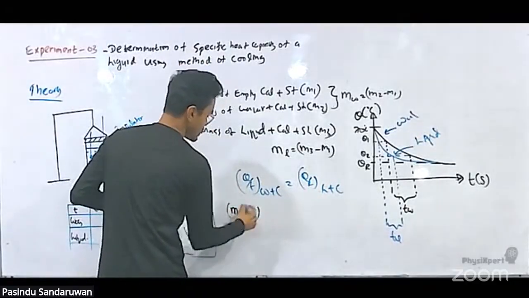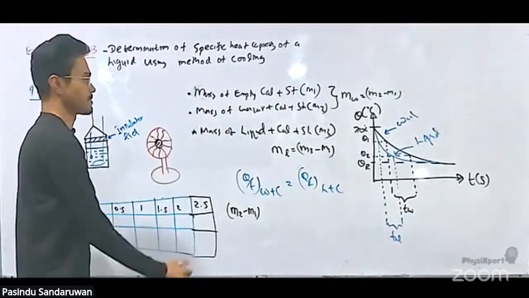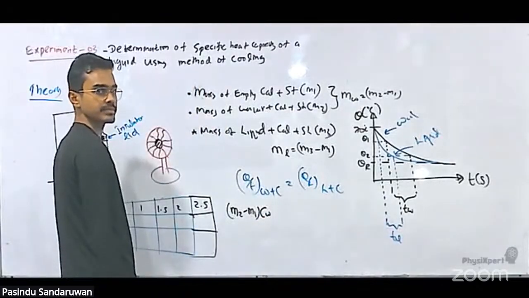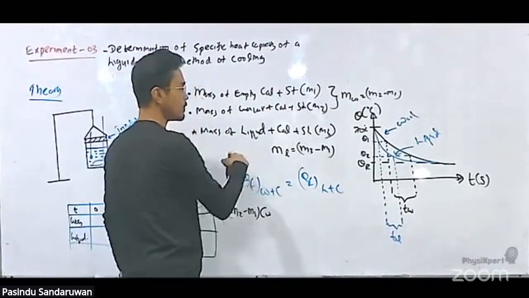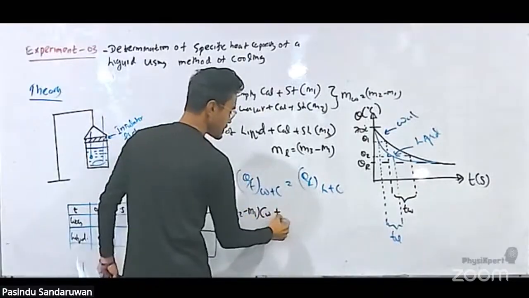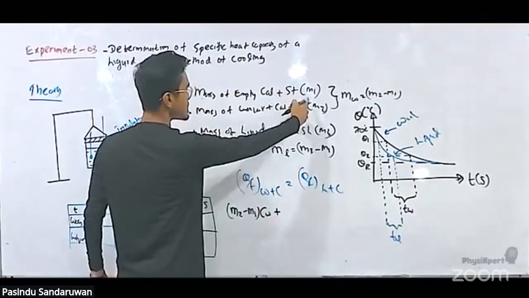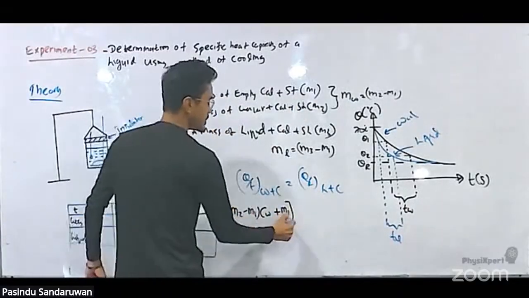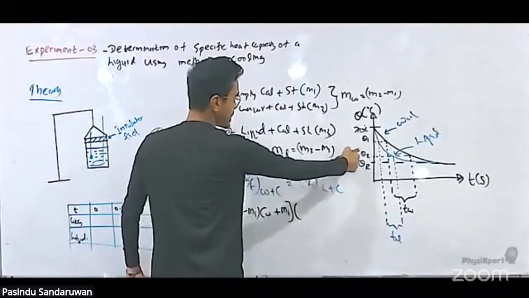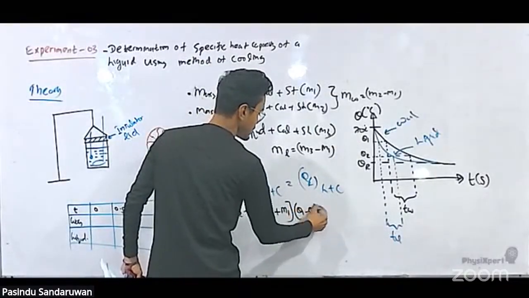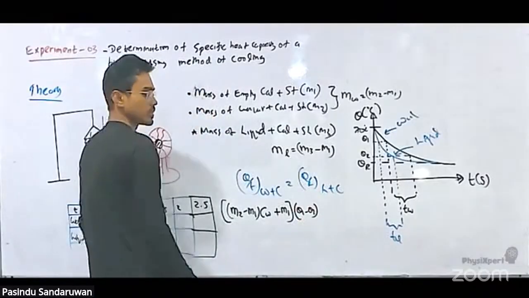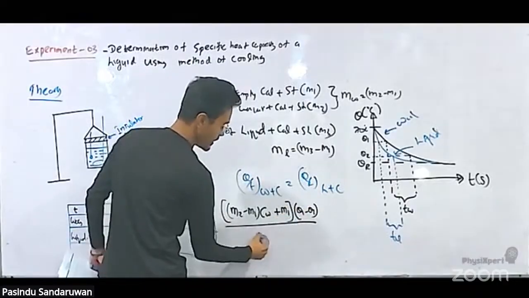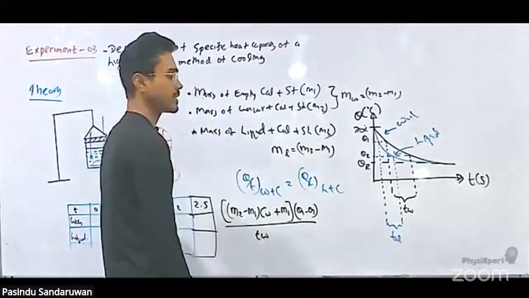Let's assume the specific heat capacity of water as CW, plus the calorimeter part, mass of calorimeter is M1. Then the temperature difference theta 1 minus theta 2, over water time TW, equals